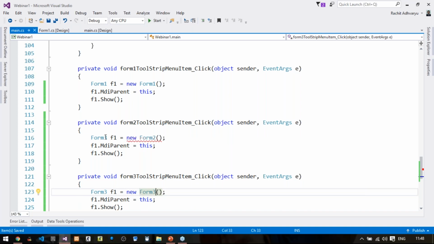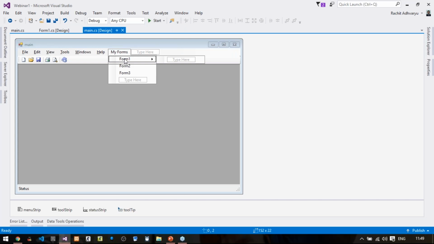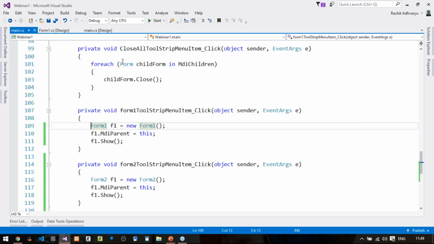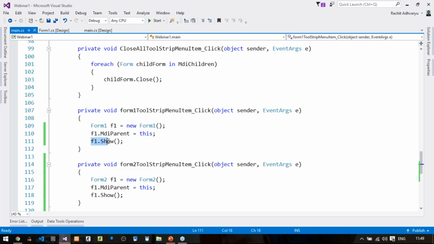Okay, again I'm showing you where to click. Let us go to Design. I have created my option here. I want to display the three forms. So double click on this, and it will create this event. And then, whatever form I want to show, I will create the object of it. Then I will say that this form's MdiParent is this particular main form, and then I will just show that particular form. So if I execute this,